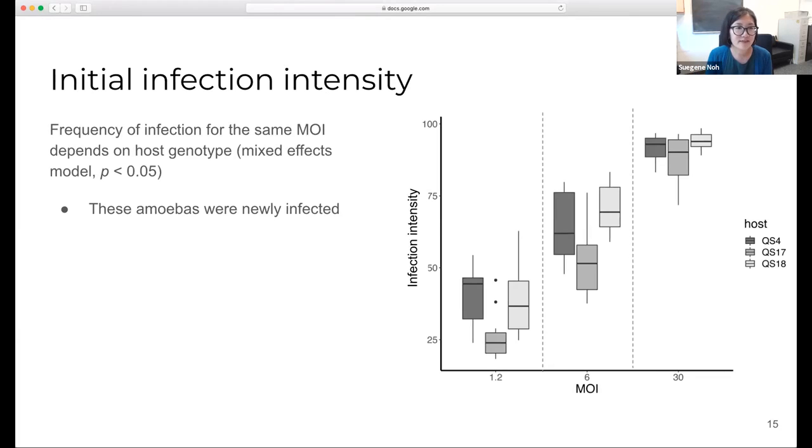So what we found is that the frequency of infection for the same MOIs was different by host. This lower box here that you see is the host strain QS17. It was always infected at a lower frequency compared to the other host strains. And then there's an interesting thing about this figure that I'll come back to, where in the previous experiment, no one was getting infected to intensities as high as the ones that we see here. So there's a difference that we see that turns out to be quite interesting,